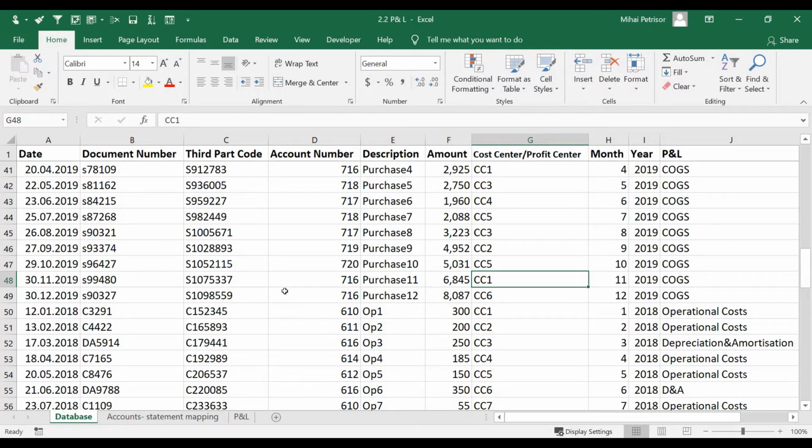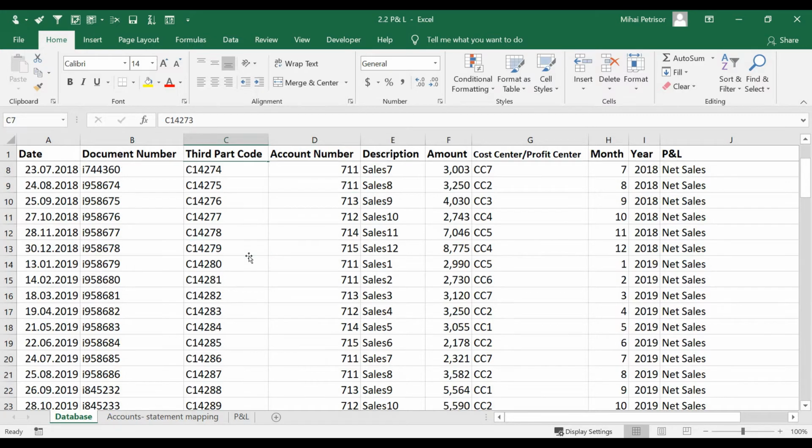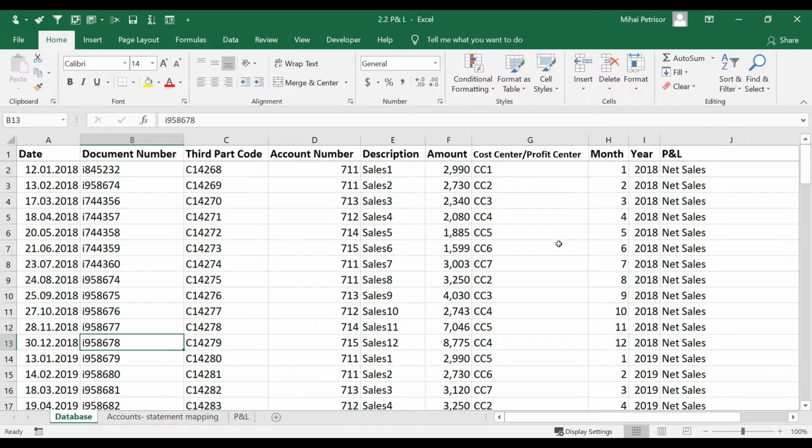Hi, in this video we will start to create the structure of a P&L report. Mainly the P&L can have many forms, but globally there are a few report templates that you can find. We will talk in this video about many options, many ways to create and structure a P&L. So after we have obtained from the accounting or from the finance team all these transactions and account numbers,